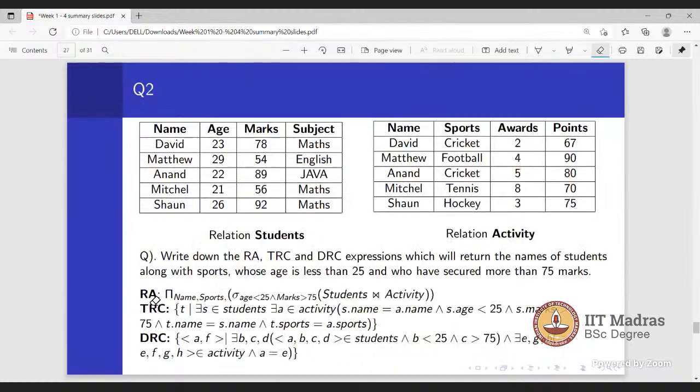We already discussed all three examples in the live session, so I will discuss this example. Now here you can see there are two tables, and we have to return the names of students along with their sports. Student name from the student table and sports from the activity table, right? Now whose age is less than 25. So our condition is age less than 25, and who have secured more than 75 marks. So age less than 25 and marks